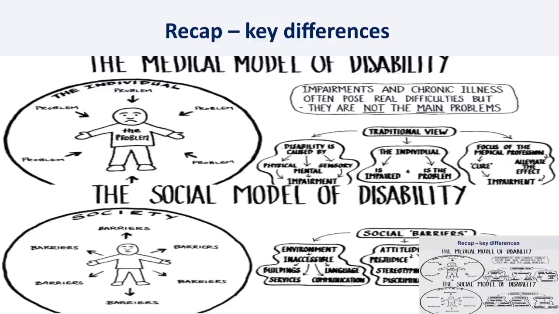So, conscious of time, just to summarise then, again, apologies, we've seen this before, the main difference between the medical model and the social model. Medical model, the person is at fault, there's something wrong with them, and what we're going to do is send them somewhere different because they're different. The social model, people are just different, they're not damaged or faulty, and what we need to do is remove some of the barriers that we have to support these children to come into our settings. Okay.